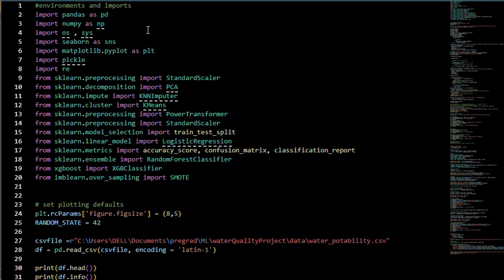Hello everyone. Today I am presenting my machine learning project on water potability prediction. This project is part of my course, which is data science and data analytics by PRE-GRAD, and my name is Samiksha Kadam. So the goal of this project is to predict whether the given water sample is safe for drinking